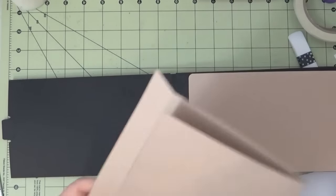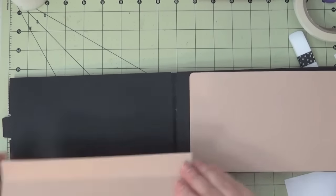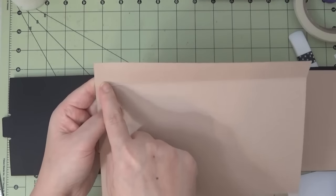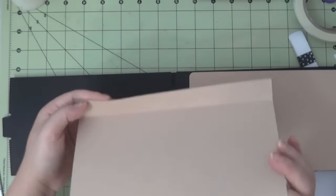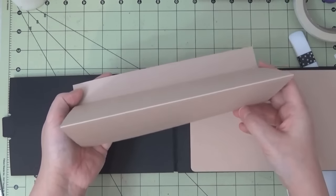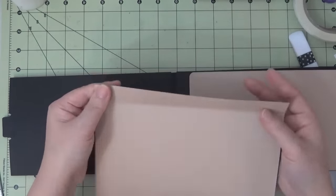Okay, so for this bottom, I want to leave it as a pocket there. So we're only going to put tape on 3 sides. Over here, and over here. I mean on the opposite side. I'll show you. So you have it like this. It's going to be like this. Okay, so this is our flap. Let's put a notch on there so that